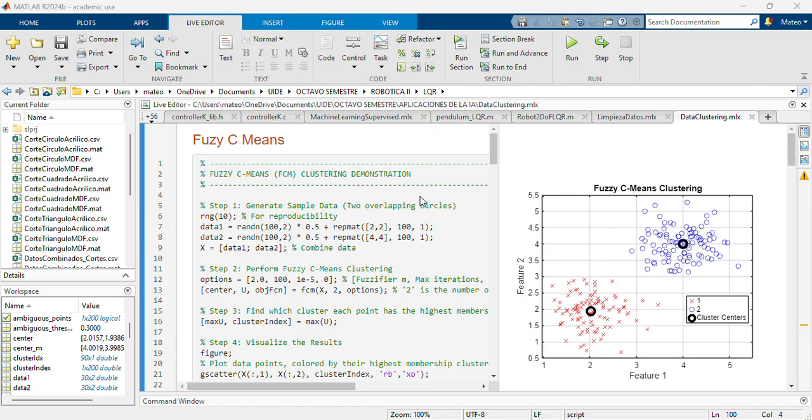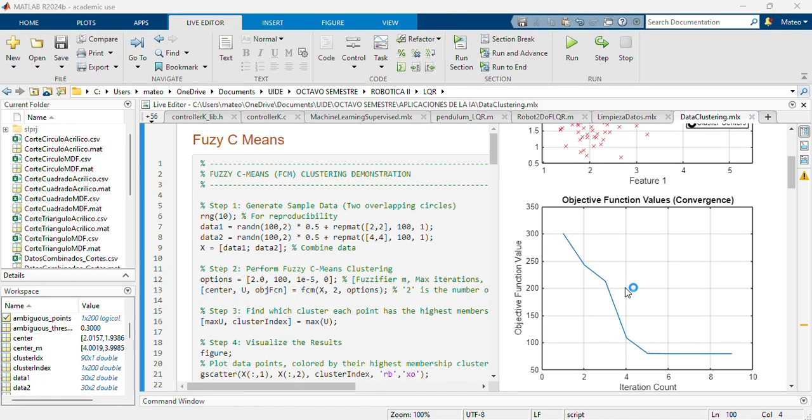First, we have Fuzzy C Means, which requires us to specify the number of clusters, and based on that and the distribution of data, calculates the cluster centers, and based on the distance from each point to the center, determines the relationship of that data point to our cluster. The key insight here is that data points don't always belong just to one cluster, as we can